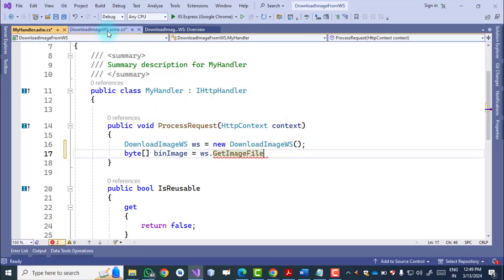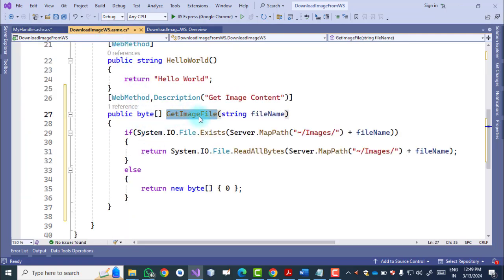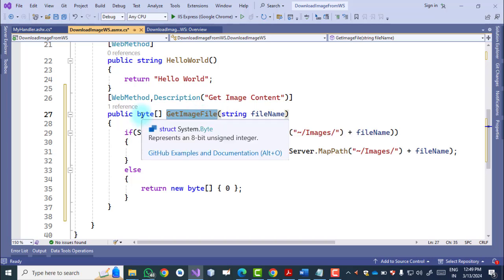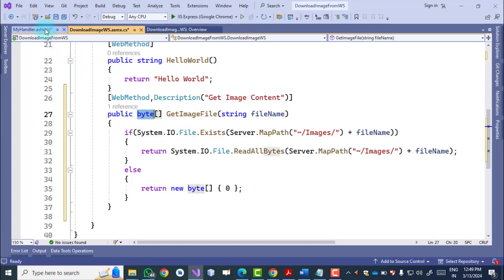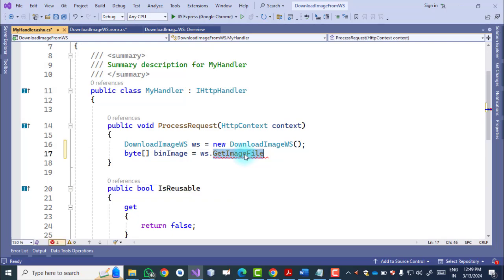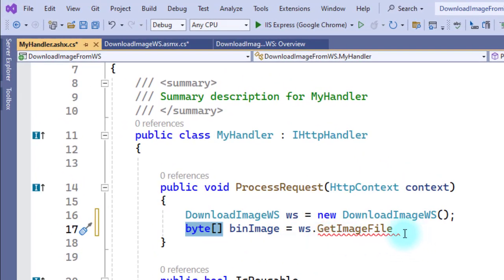तो अब जैसा कि हम यहाँ देख सकते हैं, हमने गेट इमेज फाइल बनाया था और उसका जो रिटर्न टाइप था वो बाइट था. इसलिए हैंडलर में हम एक इमेज फाइल ले रहे हैं. तो यहाँ पे हमको बाइट एरे बनाना है. अच्छा, फिर से इमेज फाइल जो हम लोग को मिलेगी, हमें उसको फाइल नेम देना पड़ेगा.